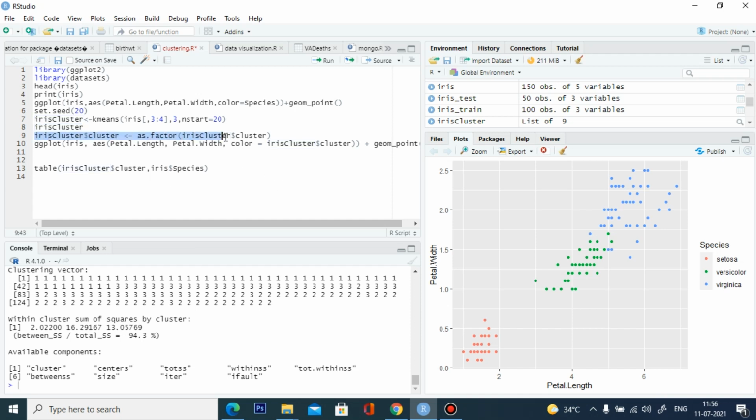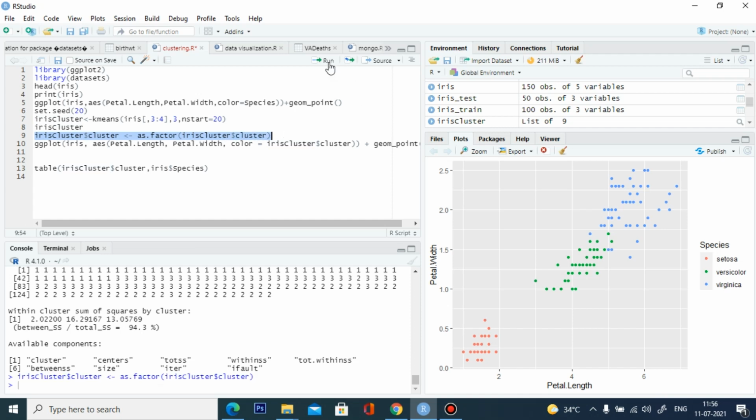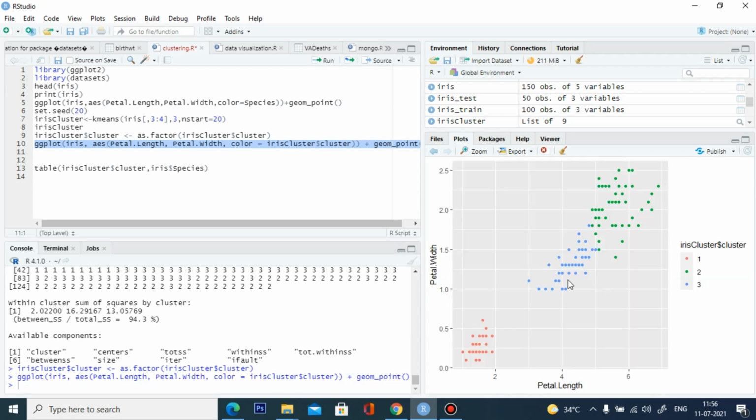I am going to convert this into a factor. Then I am going to plot our clustering in ggplot. Run this. So our clustering is plotted here.